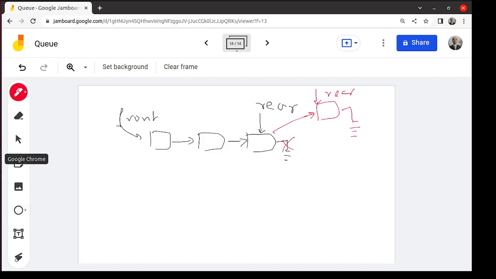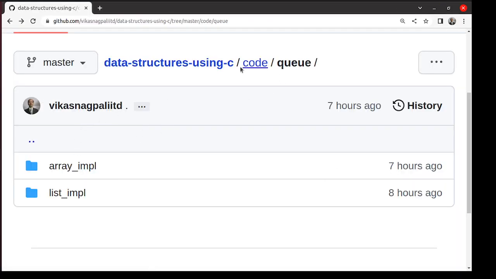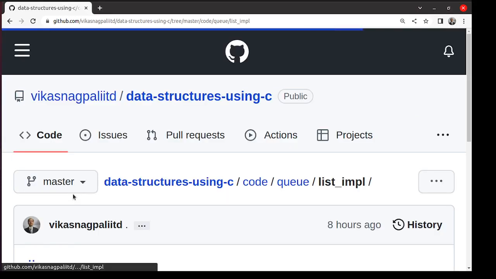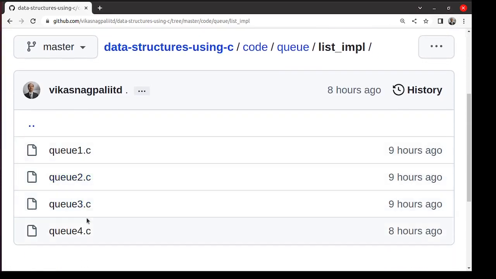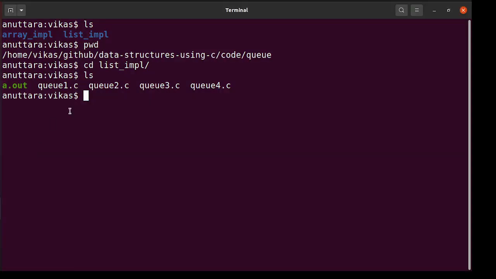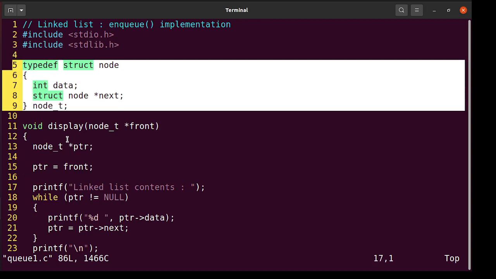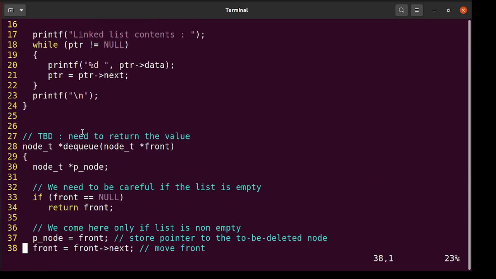So if we look at the code, here we have the code in the data structure using C repository and queue, and you can go to list implementation. There are successively 4 implementations, so we will see that. So if we look at the first one, queue, let me open it in the other terminal here. So let's look at the first one. So it is basically what I have, it's actually only the linked list code. We have the linked list node, we have